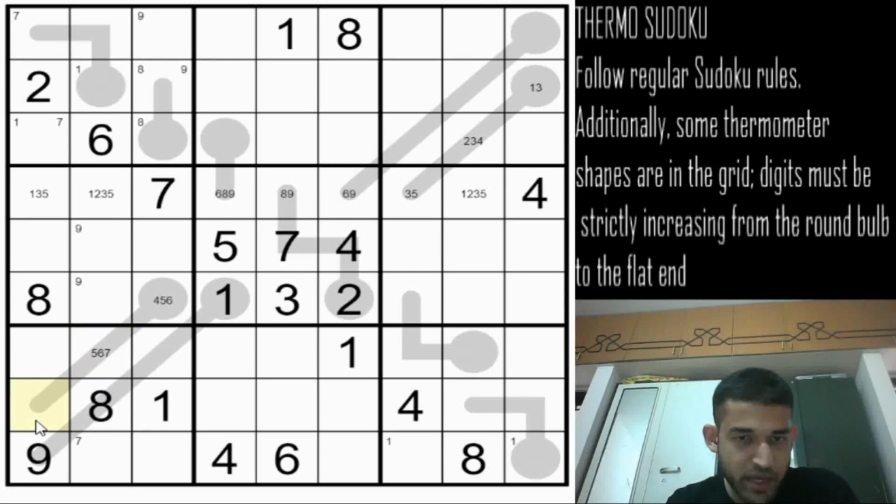So this cannot be 8 or 9. So maximum it can only be 7, and 7 is also not possible. We have a 7 in these 2 cells. So we can remove the 7 pencil mark from this cell. So this will be 6 or 7. 7 is again not possible here because 7 is in one of these 2 cells. So this can only be a 6, and this will be a 5, and this will be a 4. So this cell, it cannot be 1, 2, 3, 4, 8, and it cannot be 5, 6 and 7. So this has to be a 9.